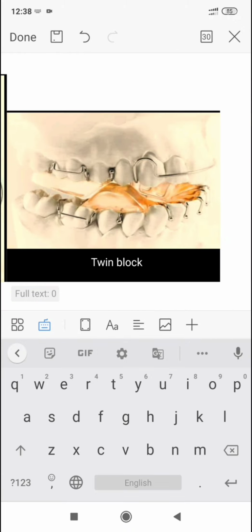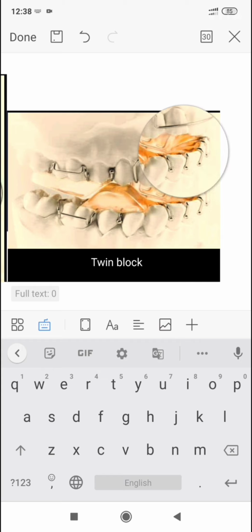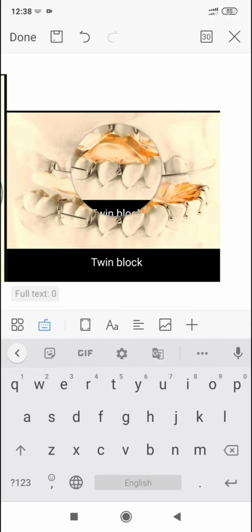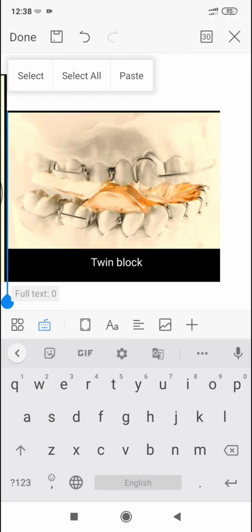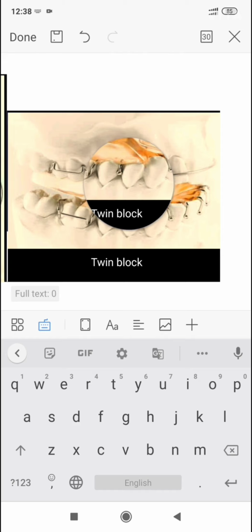So the twin block. The fourth myofunctional appliance is the twin block. It is a 2-piece appliance. As you see, this is one piece, this is the second one. It works on the principle of occlusal inclined planes. It is retained in the mouth by delta clasps, which consist of triangular shaped retentive heads instead of the arrowhead shape of the Adam's clasp.